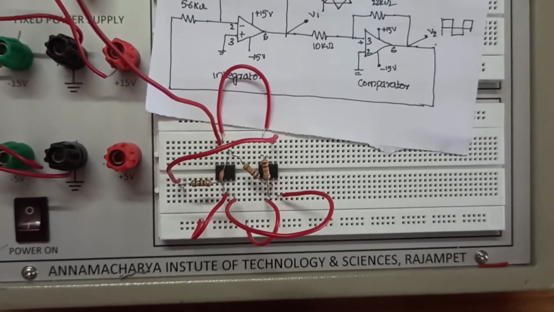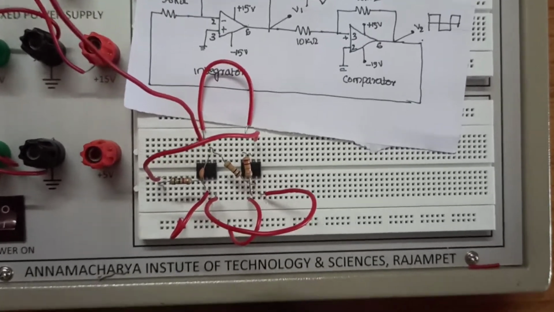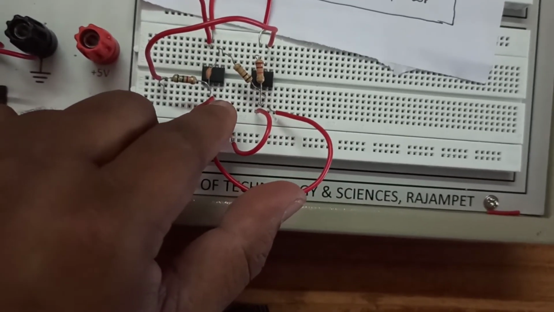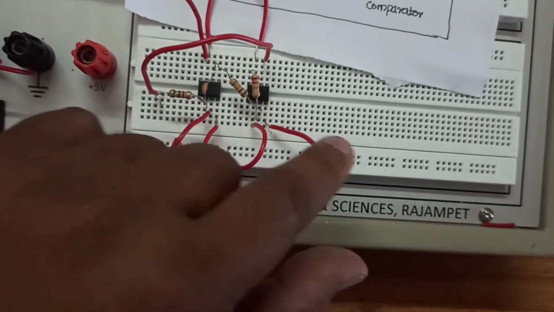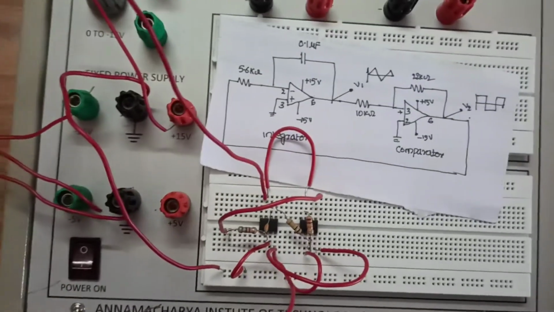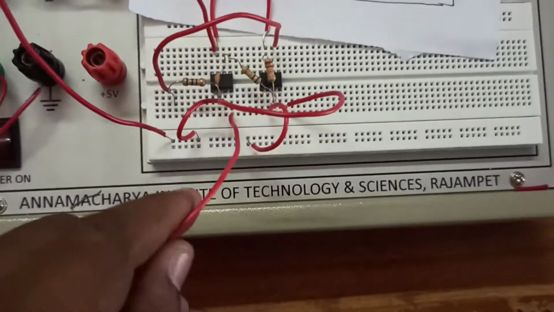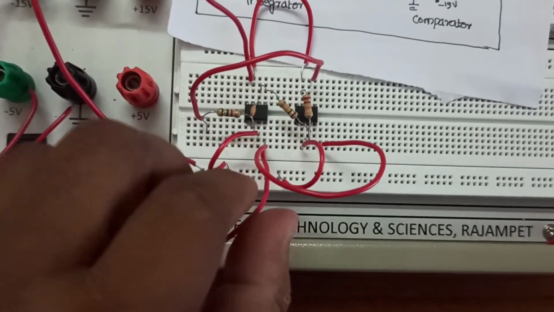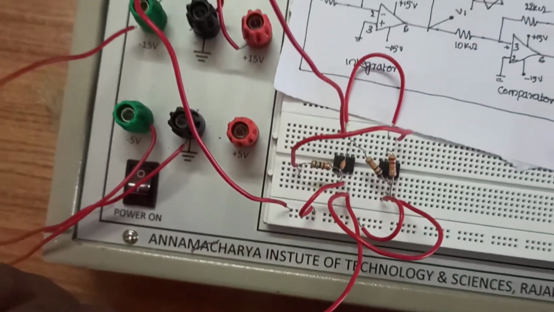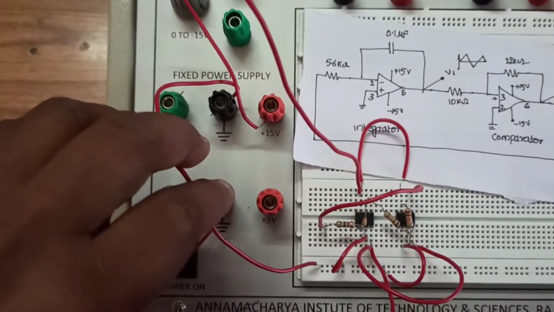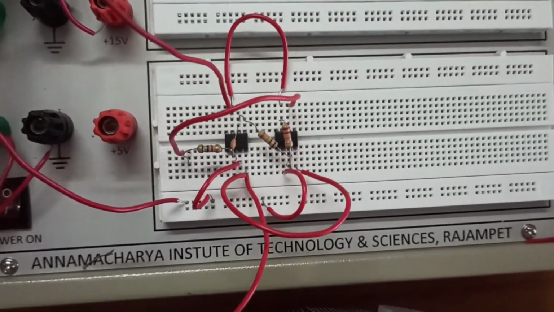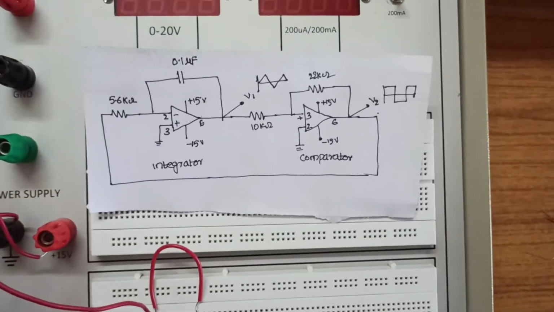Similarly, pin 4, which takes minus 15 volts, is also shorted using a wire, and we are going to give minus 15 to pin 4 of stage 1, which is directly connected to stage 2 also. So this minus 15 volts is given to pin 4 of the stage 1 op amp, and from this a direct wire is shorted to second stage pin 4. The ground, which is common for both plus and minus 15, is grounded. So this completes the circuit connections of the function generator circuit using operational amplifier.